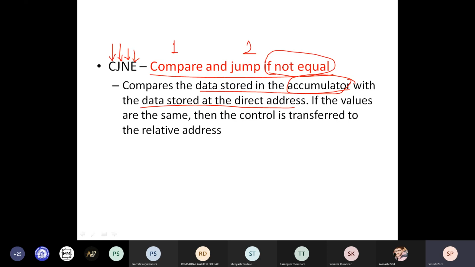This is very useful if you are going for a particular counter. If the values are the same, then control is not transferred; the values should not be equal, only then it will jump.